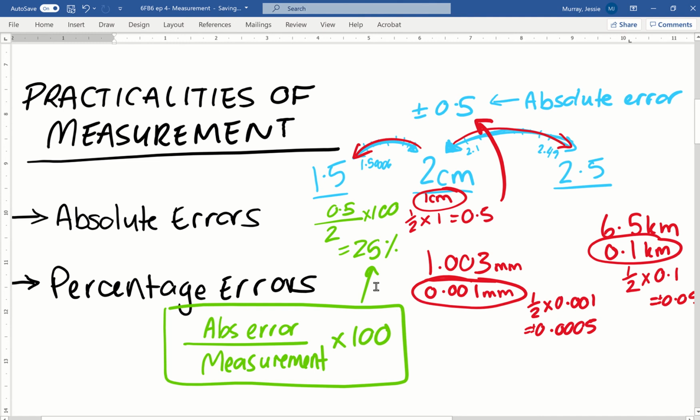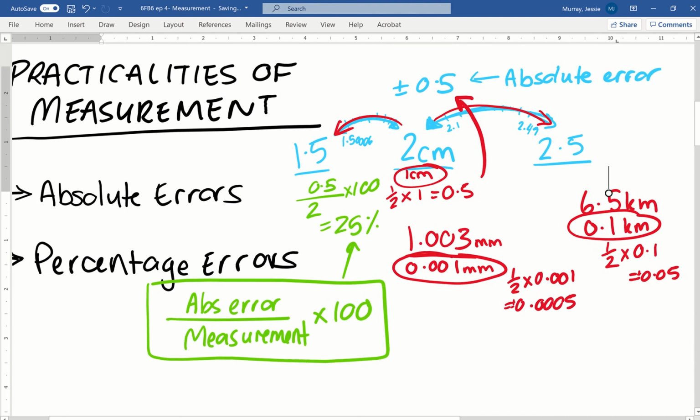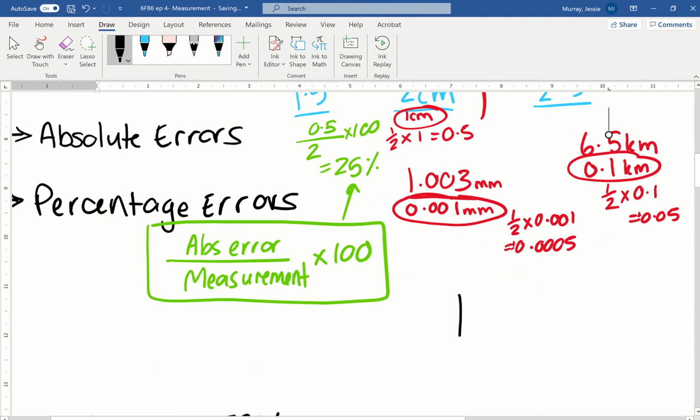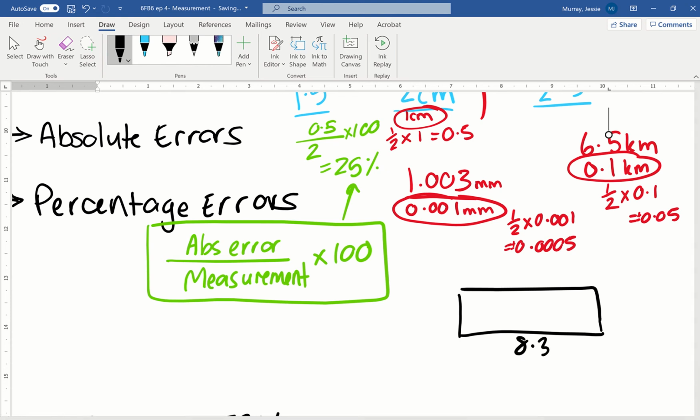The last thing I'll just touch on is a harder question of how they could ask that. I've seen it a few times now, where they might give you a swimming pool. And they say, okay, the length of the swimming pool, we are 8.3 meters by 2.04 meters. And they might say, what is the absolute error for the area of this swimming pool? So they want to know the absolute error for the area. To do that, always find your absolute errors